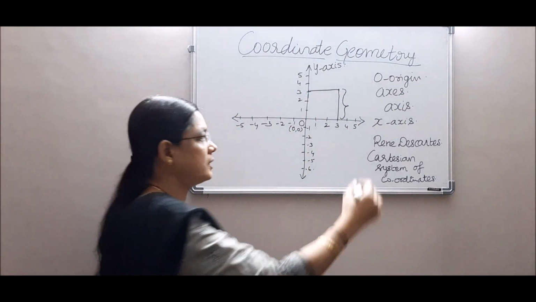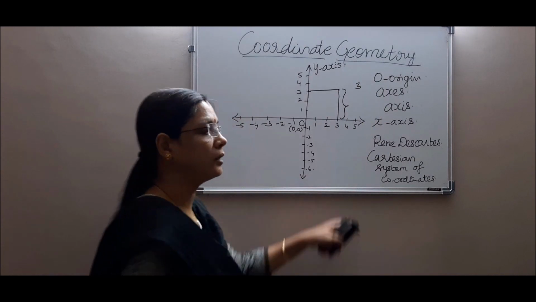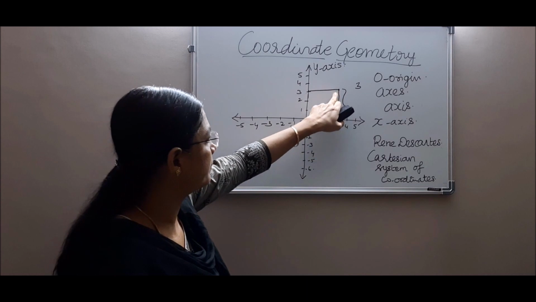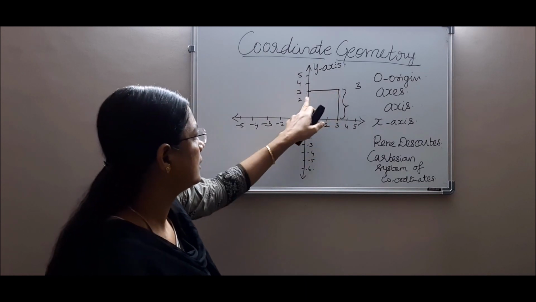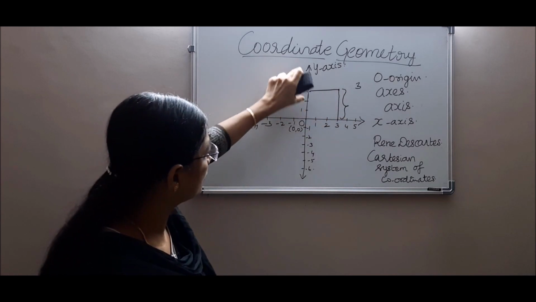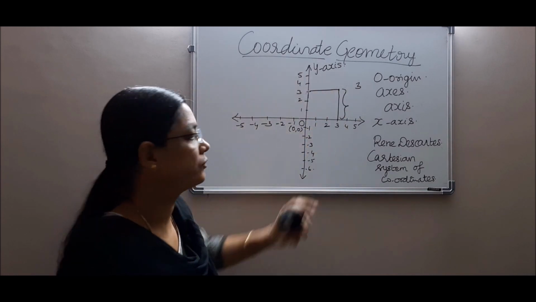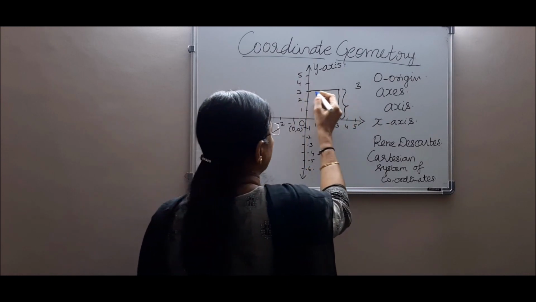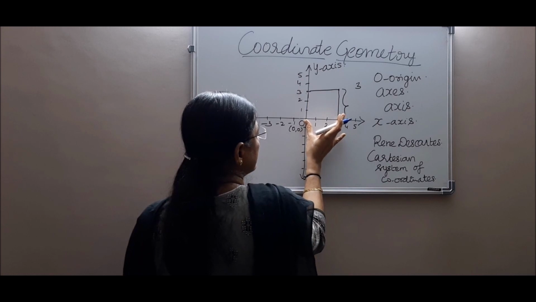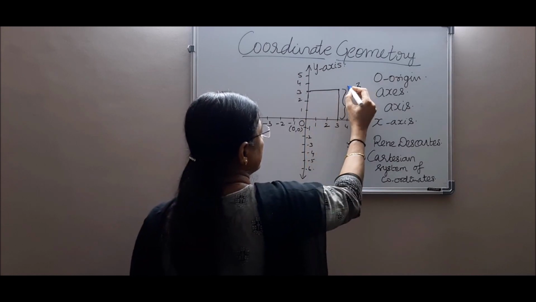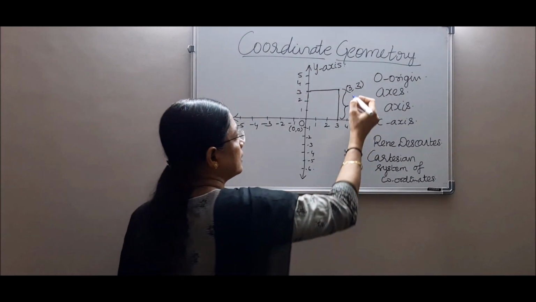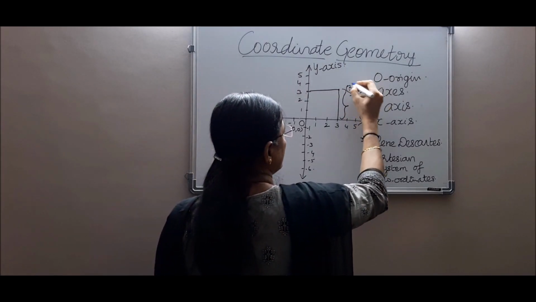point, that is 3. Okay, a perpendicular drawn to the x-axis will give you the perpendicular distance of the point from the y, because see, up to 3: 0, 1, 2, 3. So this is the distance, this is the height of the point located there, and the perpendicular drawn to the y will give you the horizontal distance. So that is 3. So that is how we write the points corresponding to the x-axis and the y-axis.